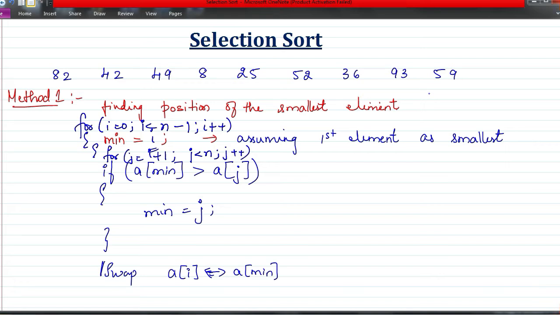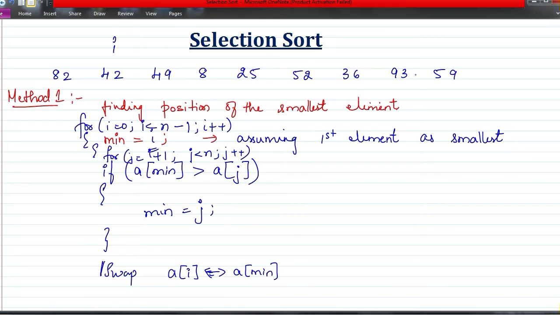Once I come out of the loop, I interchange those two. Next i gets incremented, so i is this. Now here I will have the smallest element. Then I will take this as the position of the smallest element, and with that I will compare all the rest of the elements. So basically I am finding the smallest element in the remaining elements.